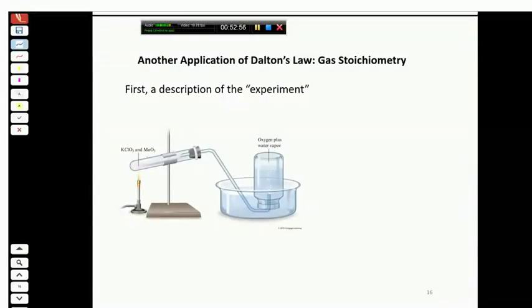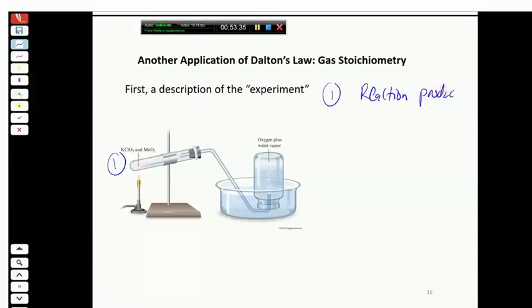So first, let's describe the experiment that's going to be simulated, at least, when we do these types of problems. What we have here is some reaction mixture, which is usually solids, or it could be something that's not gas phase, basically. So either a solution or 2 solids mixed together, whatever the case is. I'm going to label that as number 1. So this part over here on the left side is going to be whatever chemical reaction we're doing, which is not going to involve gases itself. It's going to be either a liquid phase reaction or a solid phase reaction,